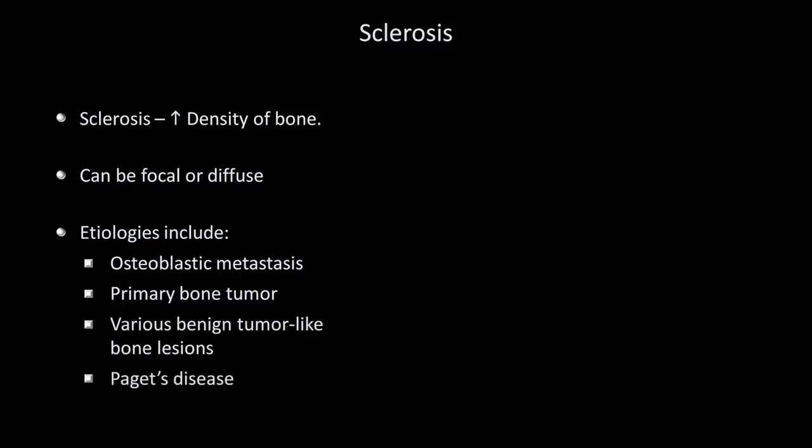As briefly mentioned a minute ago, bones can be sclerosed. Sclerosis essentially means increased density of the bones. It can be focal or diffuse. The etiologies are numerous and varying greatly depending upon the age of the patient. Overall, things to consider include an osteoblastic metastasis, primary bone tumor, various benign tumor-like bone lesions, Paget's disease of bone,